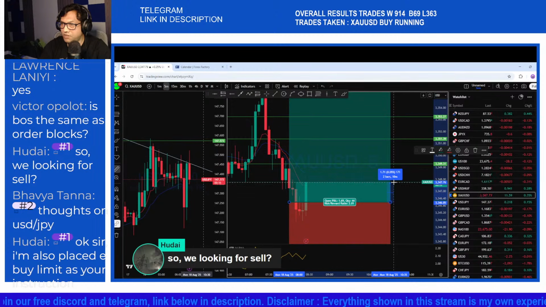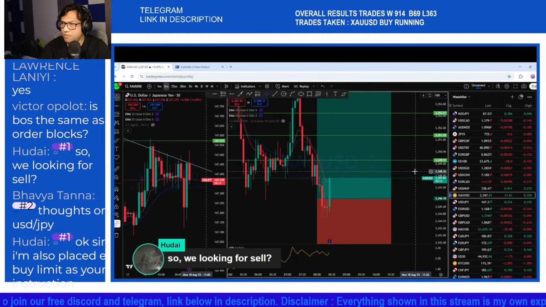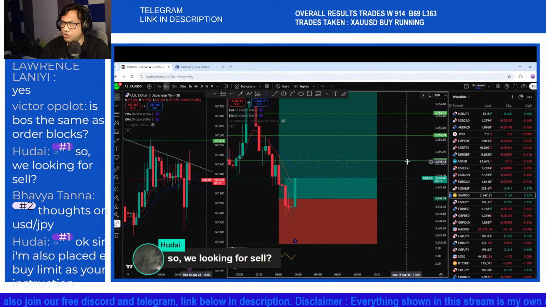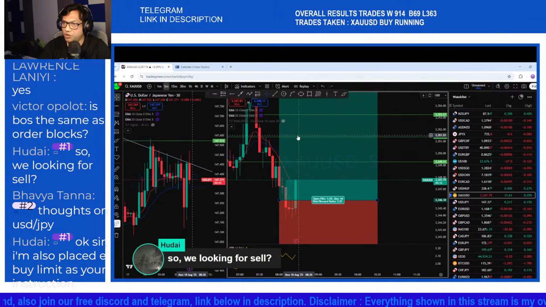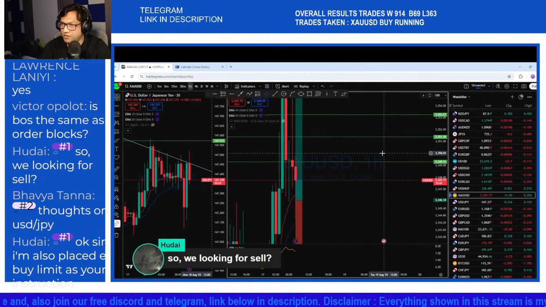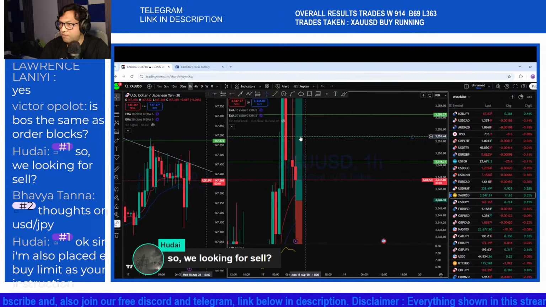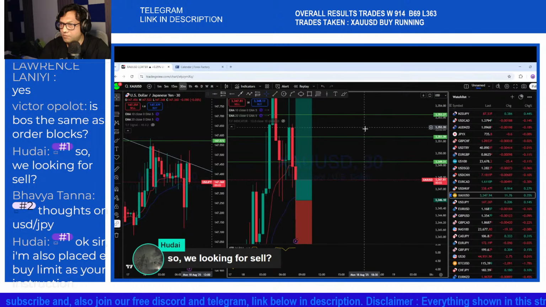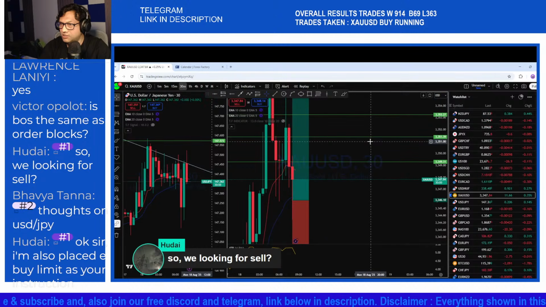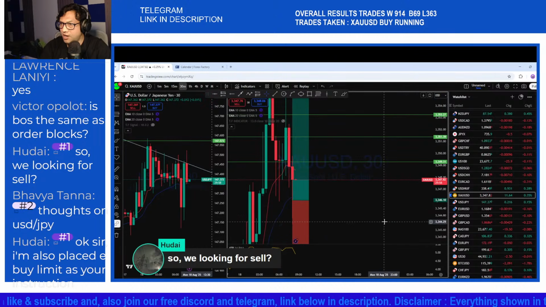We are up 16 pips and now still holding on to that trade for possible further upside here. This is the 1 hour price action where 30 minutes closing as a doji, and